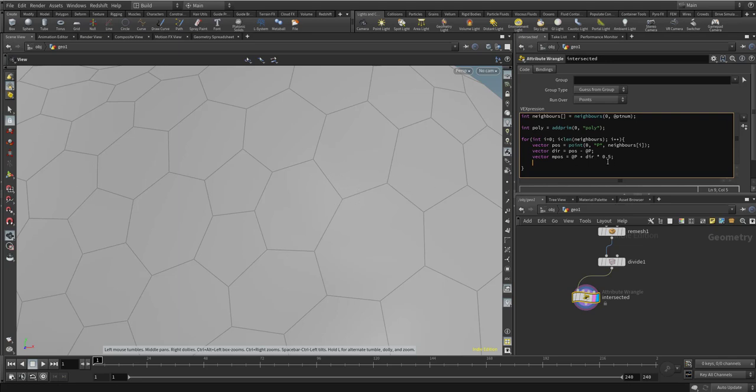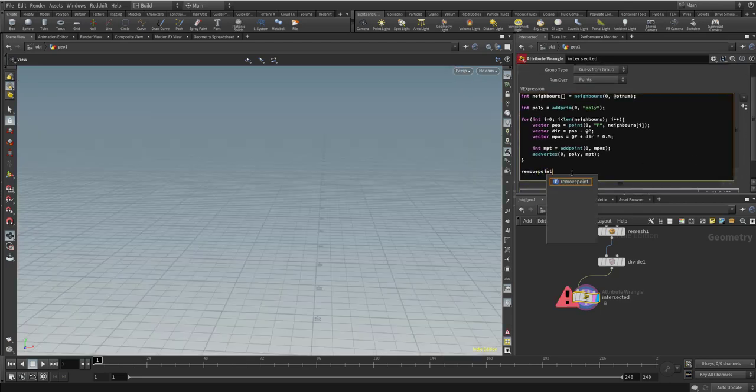Now this is just a vector, so I have to add it as a point, so I'll use addpoint at this position. Then use addvertex to add this point to the polygon that I made previously here. So poly, mpt. And last of all, let's remove the original point, which is the intersected points, which I don't really need anymore. So removepoint